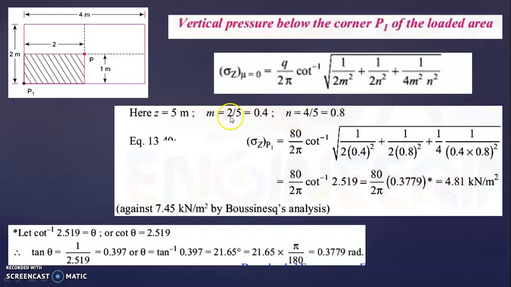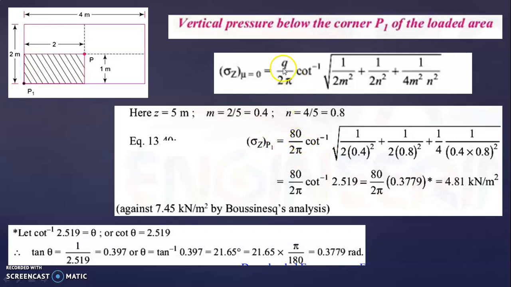So now m is equal to r divided by z. R is equal to full rectangle because we are calculating the vertical stress at this point. So r is equal to 2 and z is equal to 5. Okay, similarly n is equal to b divided by z. B is equal to 4 and z is equal to 5. So we'll get 0.8. So substitute in this equation, that is sigma z at P1 is equal to,